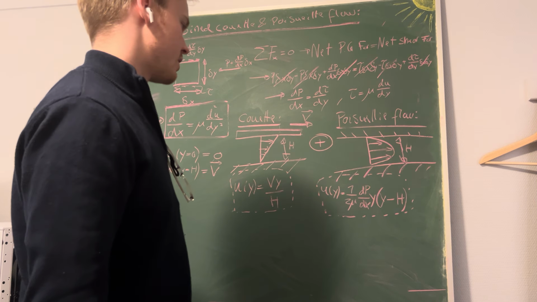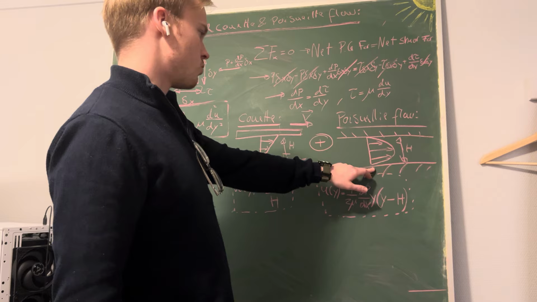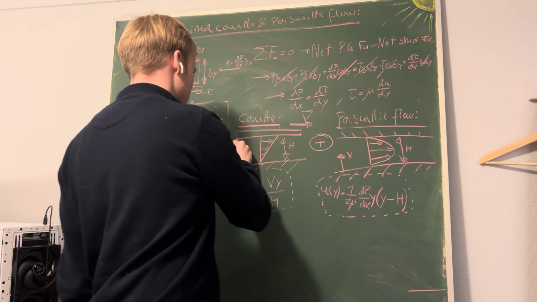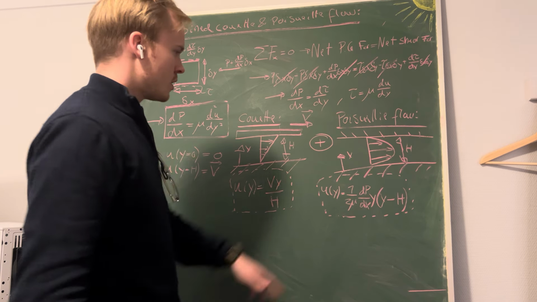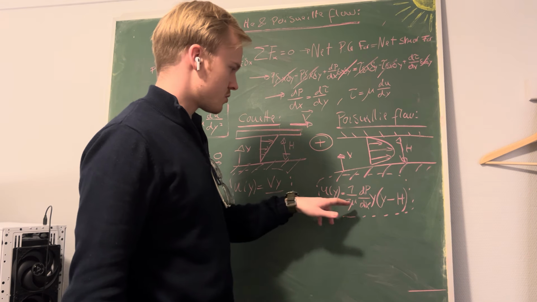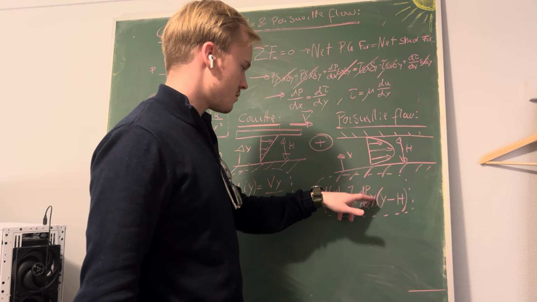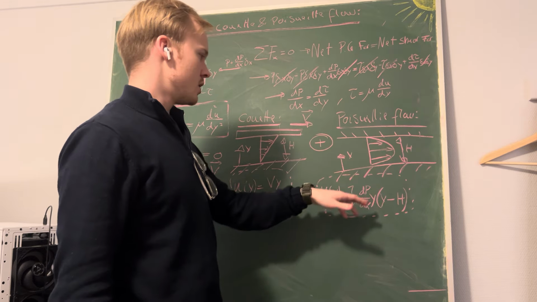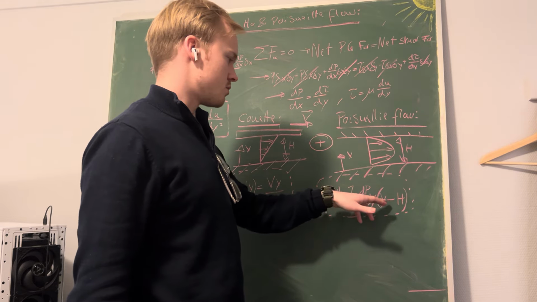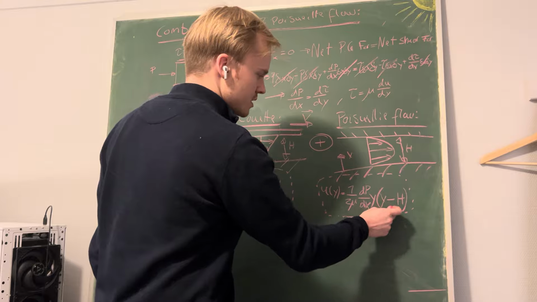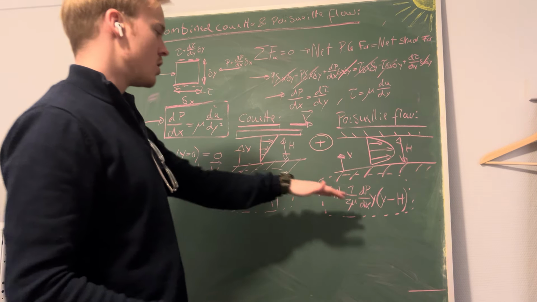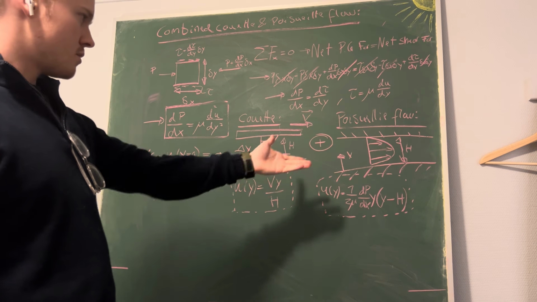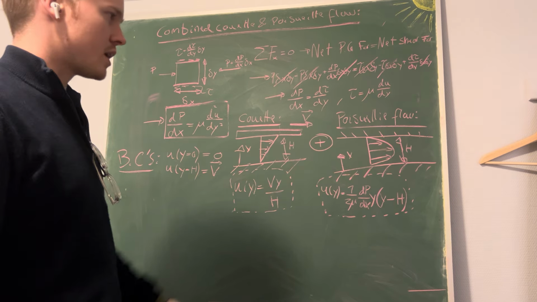at this certain point. At y equals 0, the velocity should be 0. So if we plug in all of this, this term goes to 0, and that's multiplied with this, so everything goes to 0. At h, it should also be 0, because when we put h here, this term becomes 0, and then all of this becomes 0. So all of these are valid solutions, and they are telling how the velocity